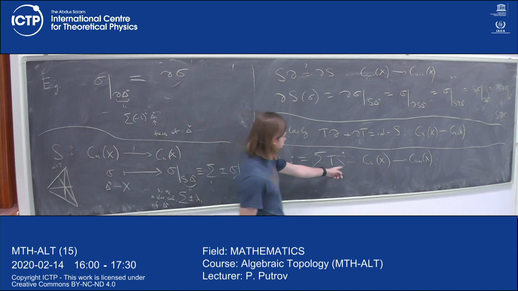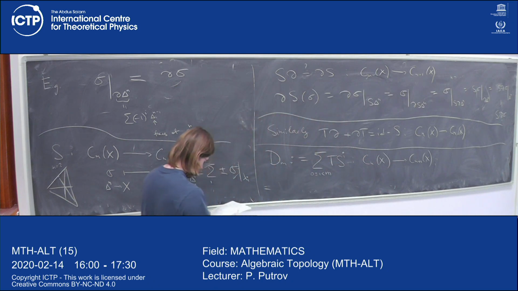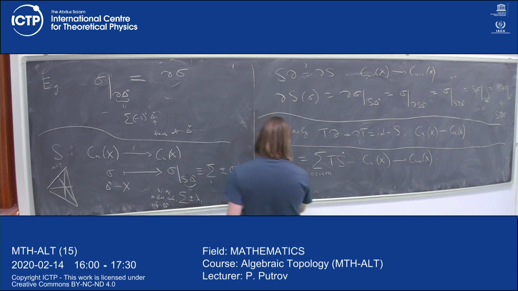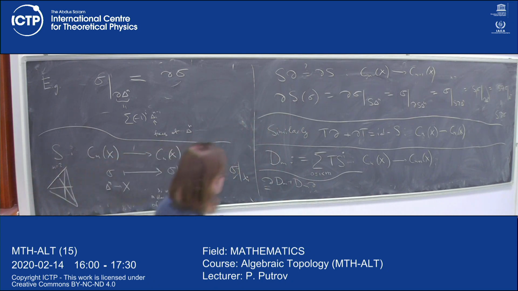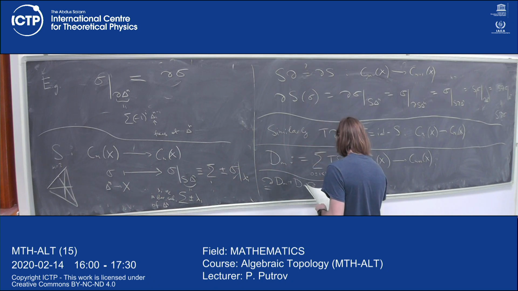S doesn't change the index, and t shifts the index by 1. Okay. And we want to check the following. So let's see what happens if I consider the following combination of homomorphisms. So this is just using the definition of this D_m. So this will be the sum